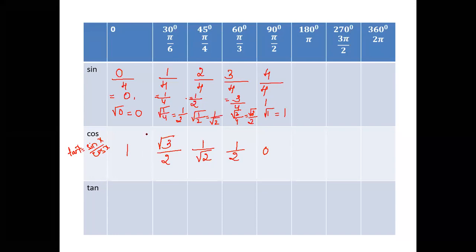Okay. So for tan, what you'll do? You'll write it as sin x by cos x. So 0 by 1 is 0. Then 1 by 2 divided by root 3 by 2, so you'll get 1 by root 3. Then 1 by root 2 divided by 1 by root 2, you'll get 1. And then you'll get root 3. Here, what is 1 by 0? 1 by 0 is not defined. So you'll get it as not defined. Okay. Just give me a moment, students.